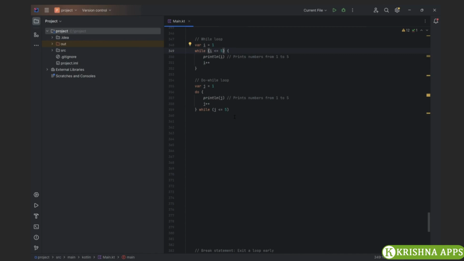After this, we will go over the do while loop. So this is similar to a while loop, but the condition is checked after the code block is executed. It ensures that the code block is executed at least once. So here we have this variable j, we've assigned 1 to it. We have do